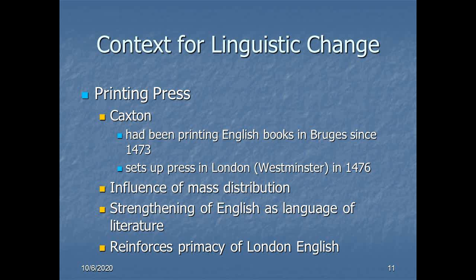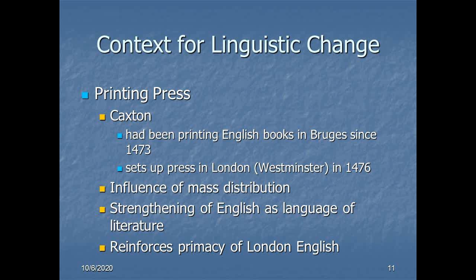exclusively, as had been the case for the most part with the monastic scriptoria. There was an increase, therefore, in the variety of kinds of writing that would come out. Political writing, political pamphlets in the early modern period were a big deal, and we'll talk about some of those probably week after next. That is, the printing press, on the one hand, concentrated the written word in the hands of a particular geographic location and the business people of that location, the entrepreneurs of that location, namely London, but it also, to a large degree, democratized the written word because it took control of it out of the hands